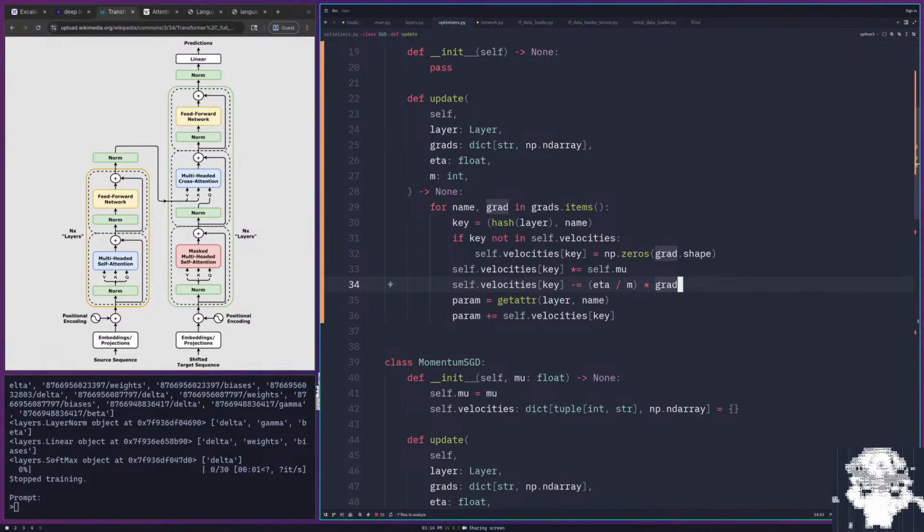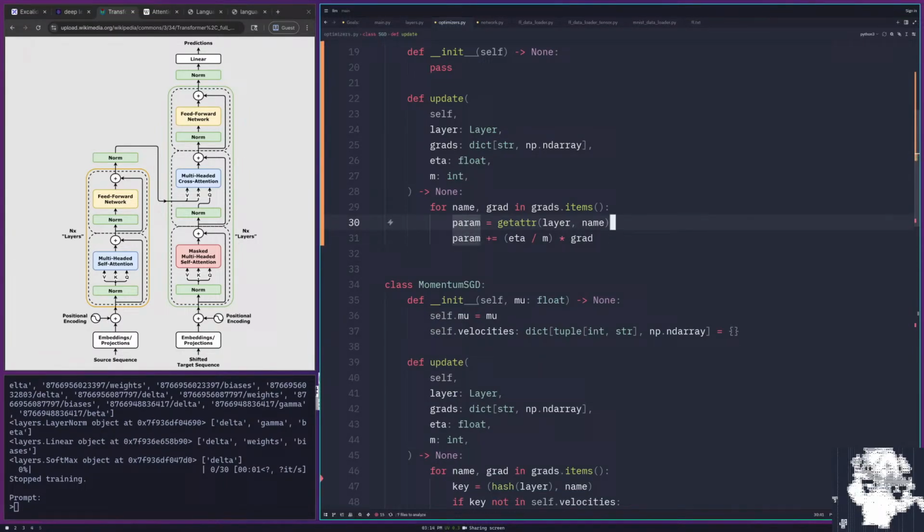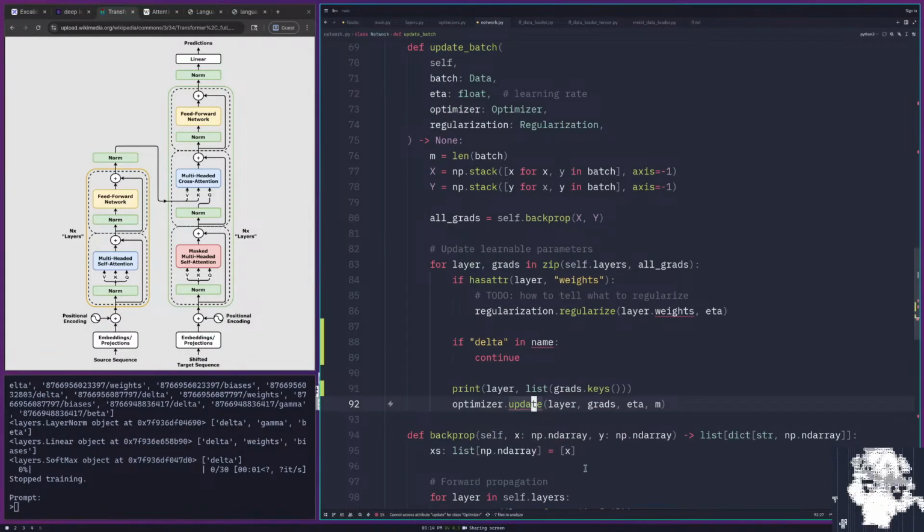So it doesn't need to have velocities. It just does this. It also doesn't have mu. So no velocities, which means you don't need a key. So yeah, this is vanilla stochastic gradient descent. Does that fix this? Yeah. If delta in name is not a thing,